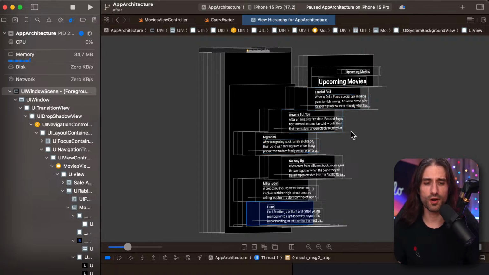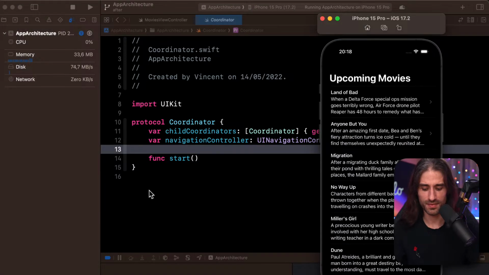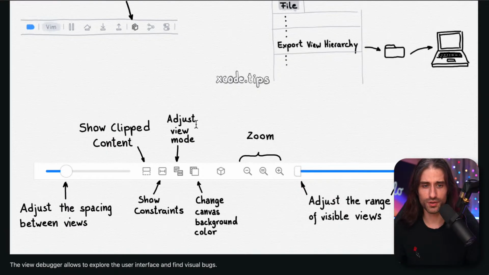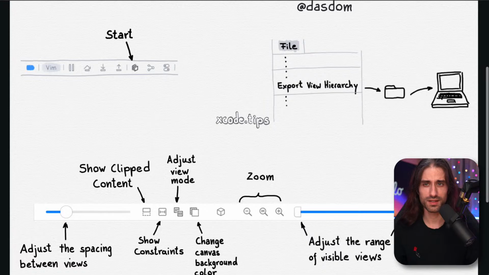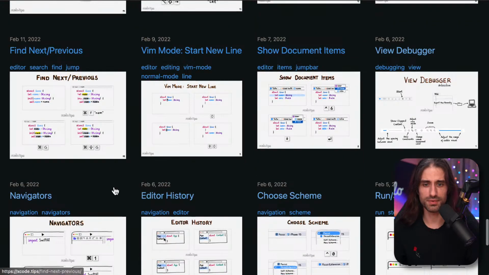But if you don't know, this view is very useful. It works better for UIKit than SwiftUI. In SwiftUI, things tend to be flattened, and also when you have a big app, it tends to fail, especially when you try to capture from a device. This works better on simulator than on device. But if you don't know about it, it's nice to learn about it. Let me go back to the web page and move on to the next tip.